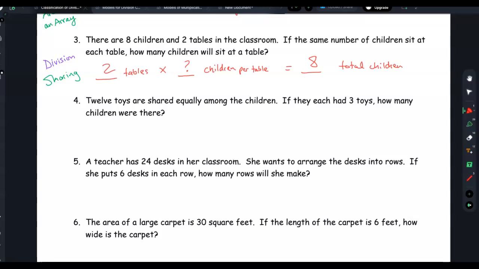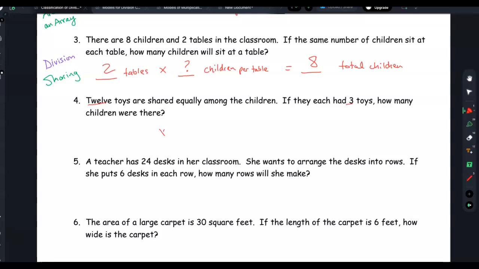Number 4 says 12 toys are shared equally among the children. If they each had 3 toys, how many children were there? So this time my units are toys and children. And if it's not obvious whether we would multiply or divide, then we would go ahead and do our setup